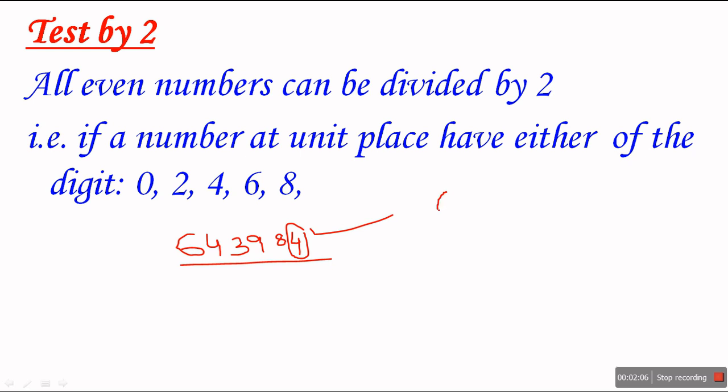Okay, if a big number is there, 4, 6, 2, 3, 9, whether this number is divisible by 2 or not divisible, because at unit place this is 9, so it is odd number, so any odd number cannot be divided by 2. For dividing by 2, 0, 2, 4, 6, 8 at unit place, if these are numbers there, we can divide that number with 2. So this is very simple test.